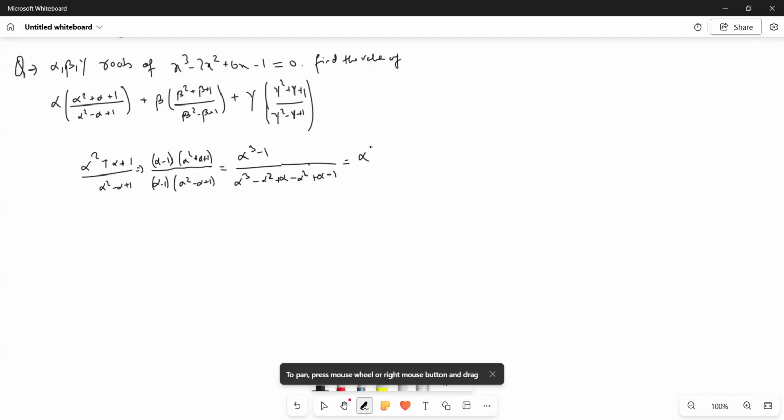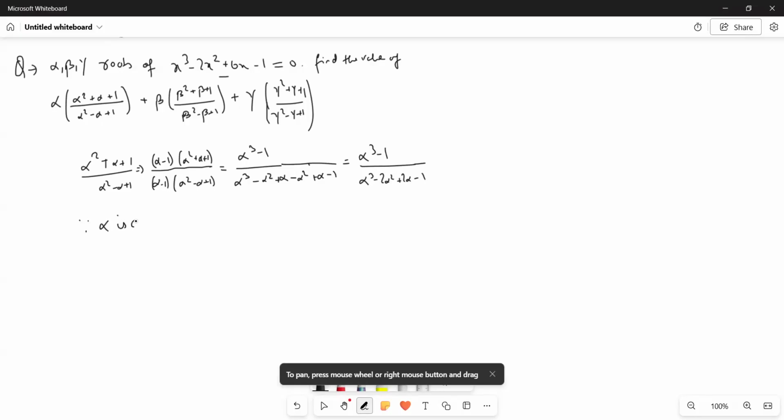Okay, which is like alpha cube minus 1 divided by alpha cube minus 2 alpha square plus 2 alpha minus 1. But since alpha is a root of this equation,